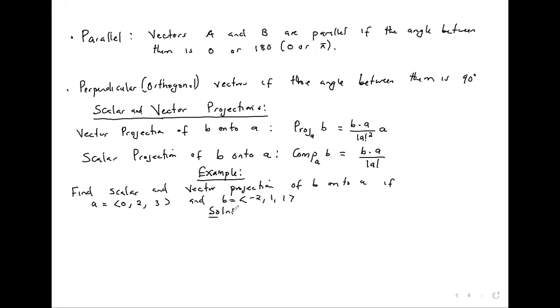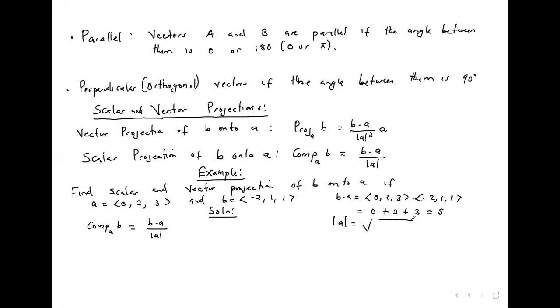So you say, you can start with the scalar, the component of B onto A is given by B dot A over the magnitude of A. So B dot A is given by 0, 2, 3 dot -2, 1, 1, which is 0 times -2 is 0, plus 2 times 1, 2, 3 times 1, 3. So you get 5. Then you get the magnitude of A, which is the square root of